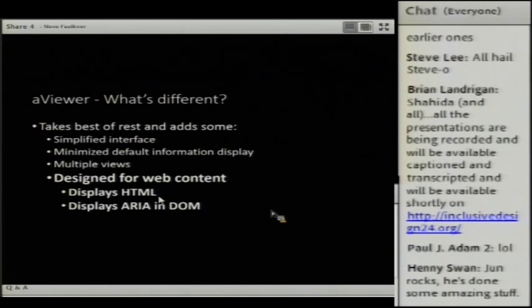So when you're looking at a button, for example, a button in the HTML, you'll actually see the HTML code, as well as the information about it coming from the accessibility tree, as well as the accessibility API information.